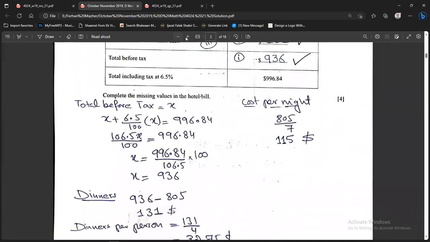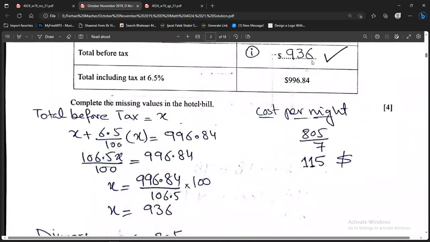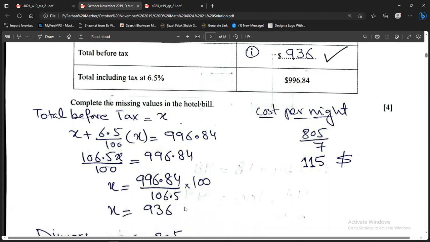First of all, I will try to find out this amount, the total before the tax. It's a reverse percentage question. The total before the tax, suppose that is x. So x plus 6.5 divided by 100 into x equals 996.84. So 106.5x divided by 100 equals 996.84. So x will be equal to 996.84 divided by 106.5 multiplied by 100. So x will be equal to 936. So the total before the tax is